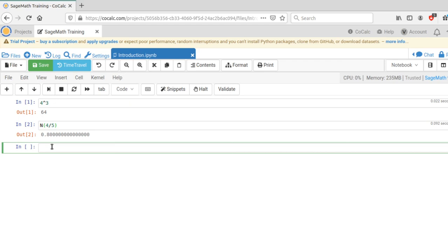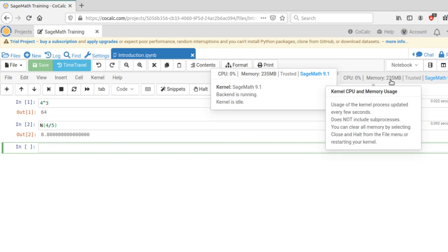And you may be thinking that if this is quite easy, then what is the need of installing SageMath software in your own local system? But just see that the memory given here is just 235 MB. If you are installing on your local PC, most of the time the memory will be around 2 GB to 4 GB, and around 1 GB will mostly be available for your SageMath system. Therefore, the computing power available to you in the CoCalc server will be much less compared to what we can actually have in your local system.